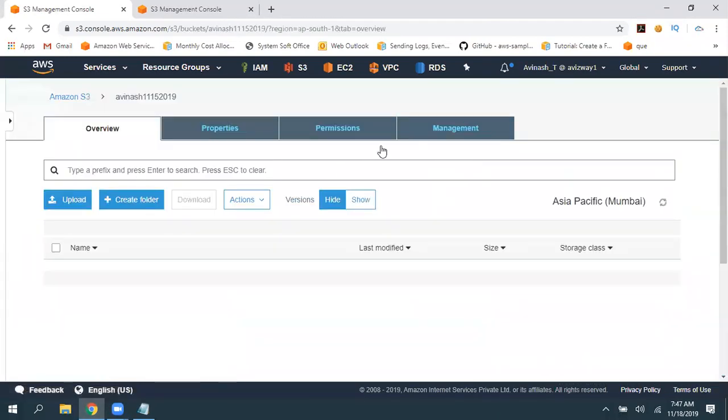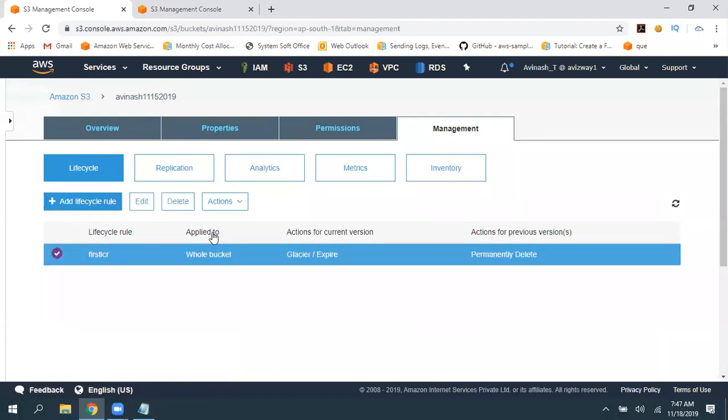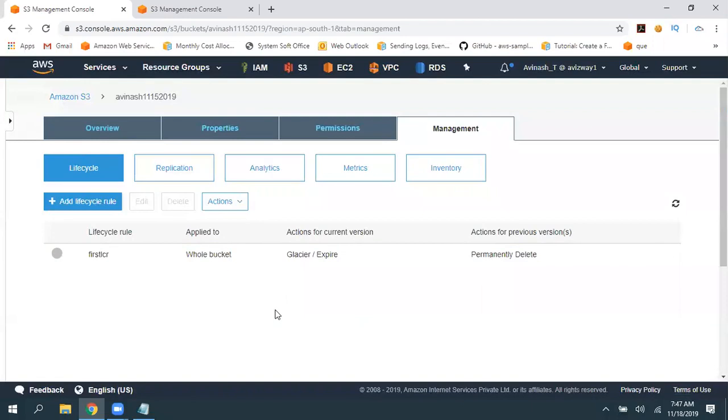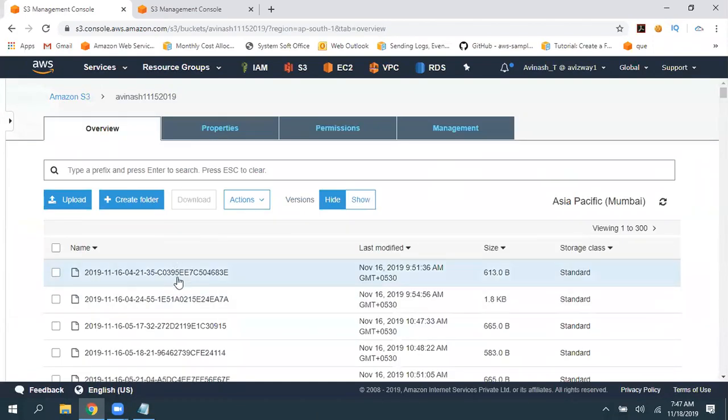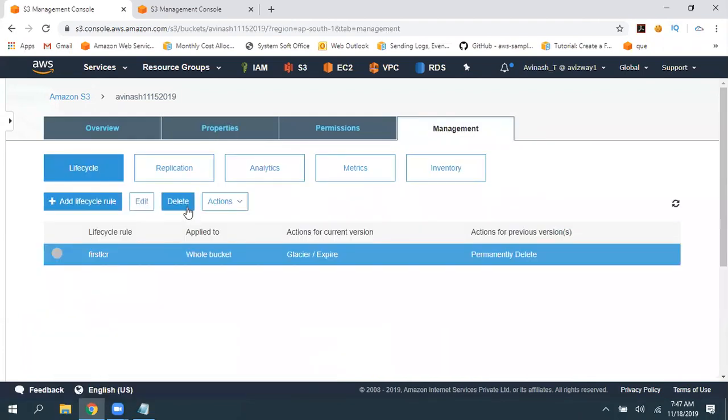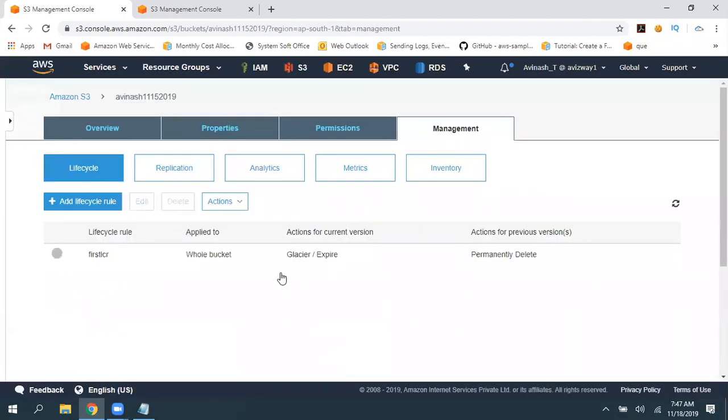I'm going to disable this lifecycle rule. So it is disabled. That means no lifecycle rule is there on these objects. So now, if you want to delete, you can delete that also. I already did, so I deleted.